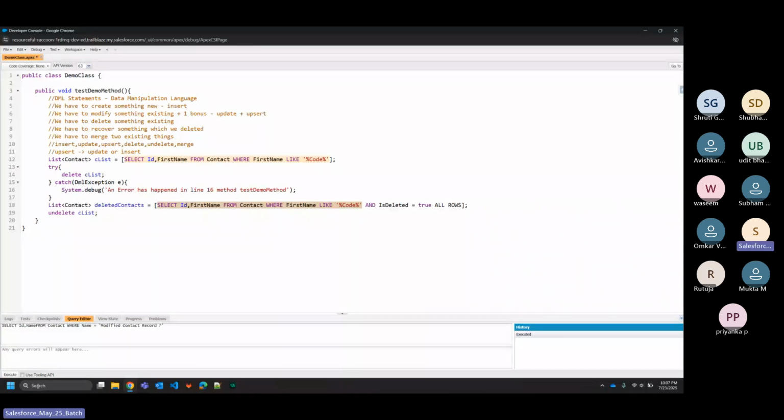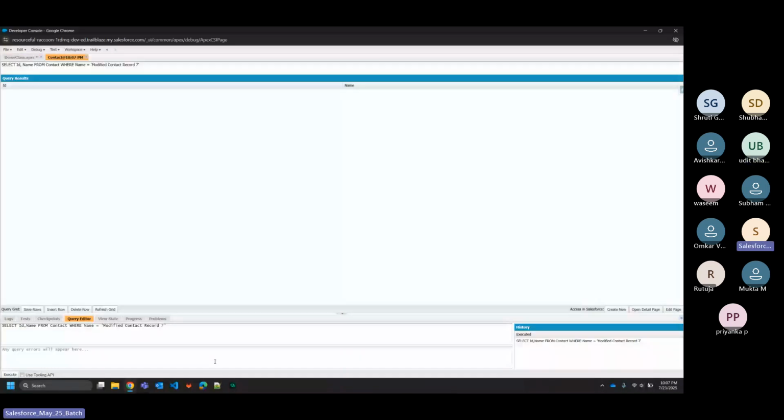I'll run this query. You have to give a space between "and" and "IsDeleted". Right, nothing came. Why? The record has been deleted. But as soon as I add "and IsDeleted equals true"